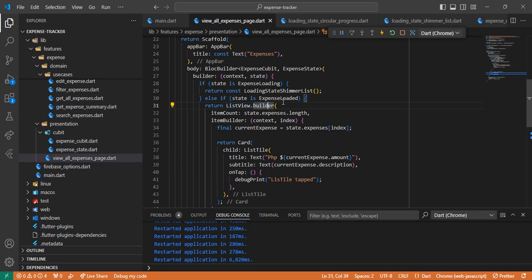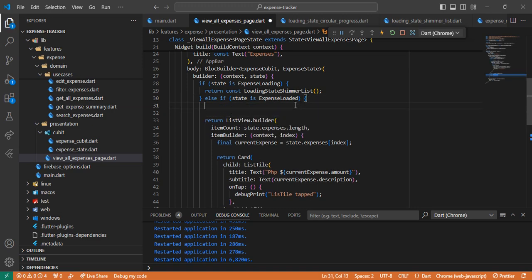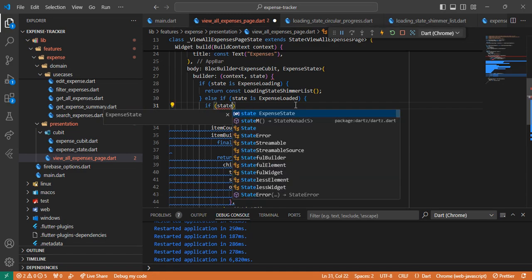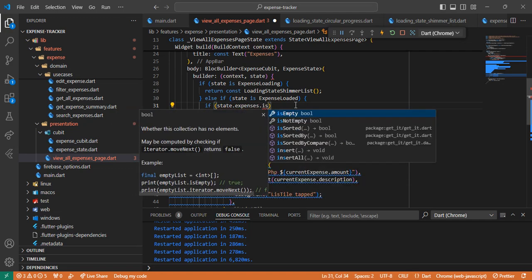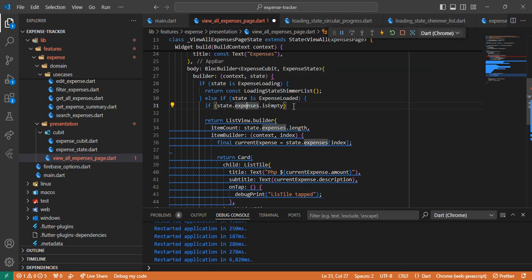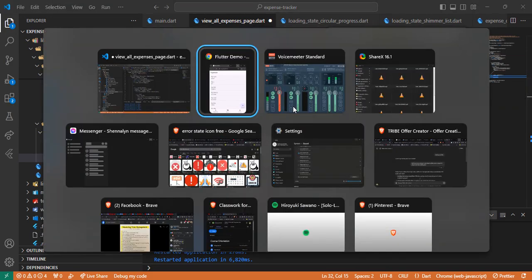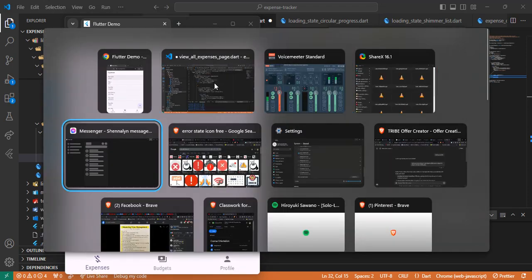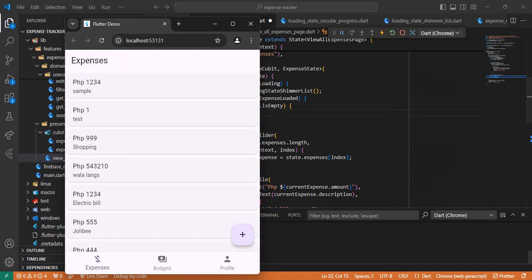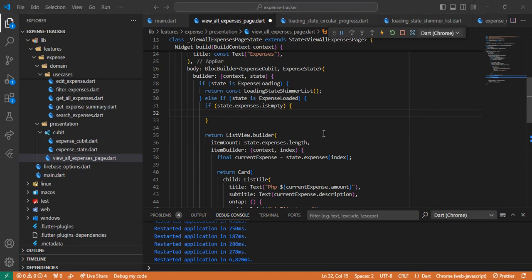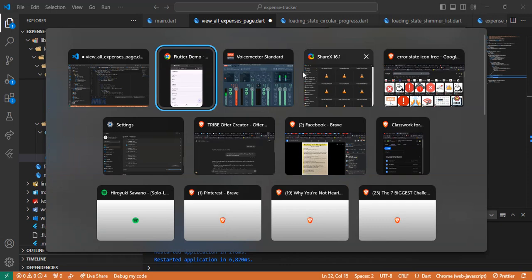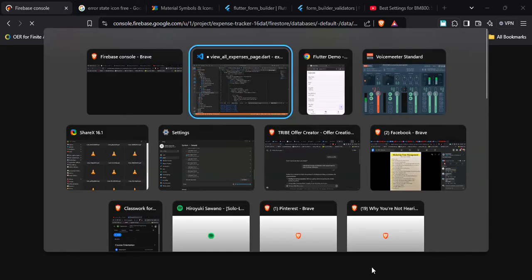The next is the loaded state. We're actually not done yet with this, because there's a chance that, and I'll just type the code, if our state expenses is empty, meaning it didn't retrieve anything, although it was able to successfully communicate with the database, but unfortunately, let's say. Wait, let me close this. Okay, so there's a chance that